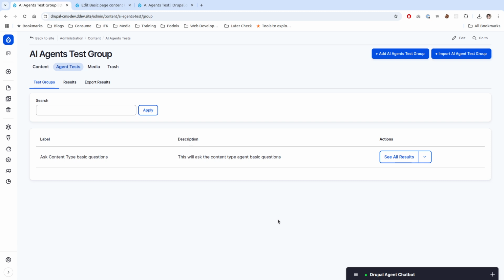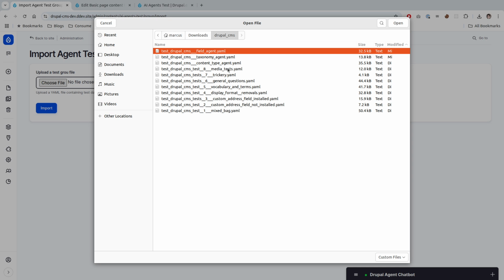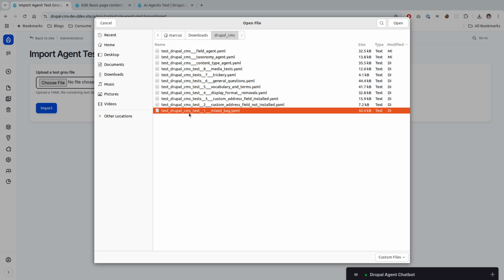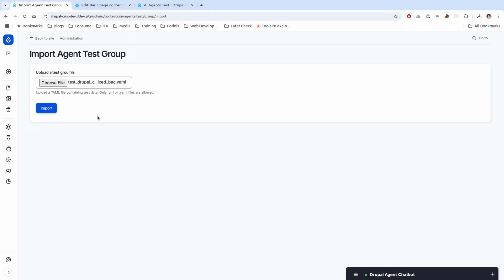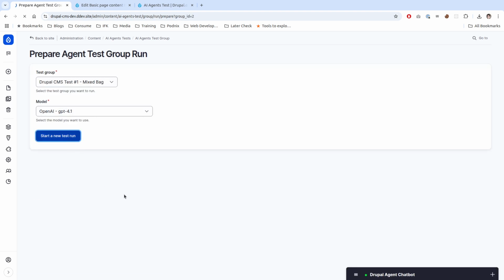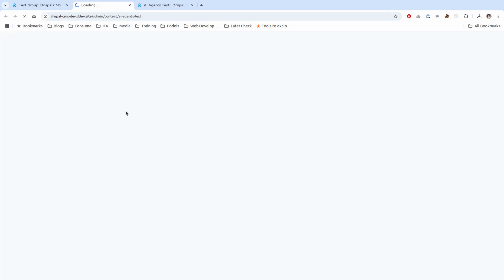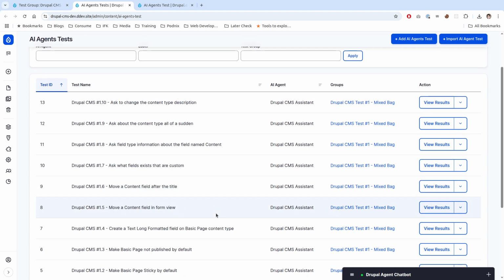Anyway, what we have done now is replicate all these tests into YAML files that are in the example directory under this module. So what we can do now is import the first row of tests, the mixed bag test. And all of a sudden I have all these tests and I can just start them and run them. I will showcase what this actually does while it's running, because this is also important